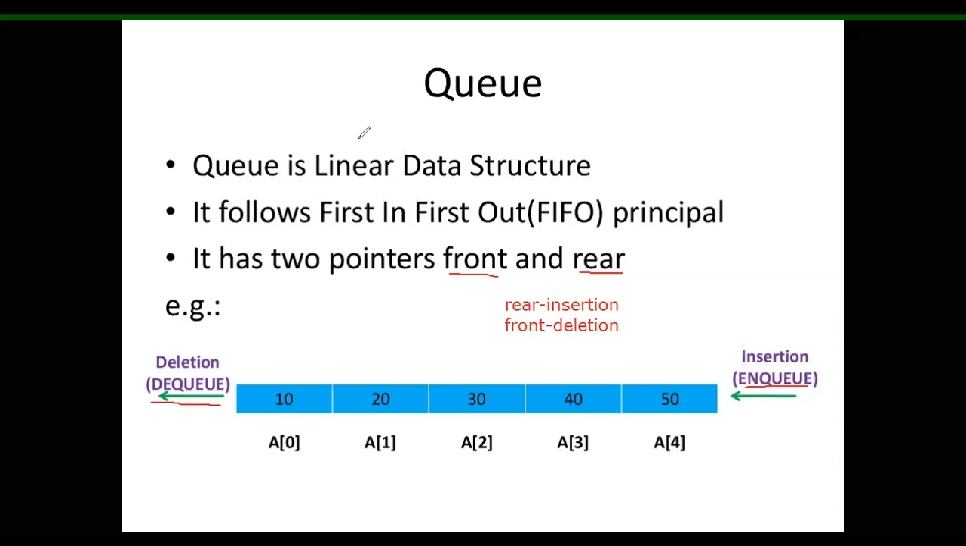Fine, and it follows the first in first out principle. That is, the element which entered first will be deleted or retrieved first. One more simple example: in a dining hall, we are arranging plates. For example, 10 plates I arranged. Persons are coming in a queue. So the first person will take the plate which is on top, right? So the element which